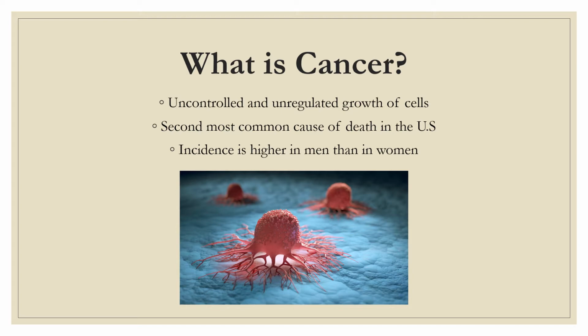Signs and symptoms may appear in different parts of the body, especially with metastasis or spreading. Sometimes cancer starts in places where it won't cause any signs and symptoms until, unfortunately, it's a little bit too late or it has grown quite large. Some cancers are like that, especially, I'm sure you've heard of pancreatic cancer, and sometimes lung cancer can be caught more in the later stages, and that's when the symptoms usually appear.